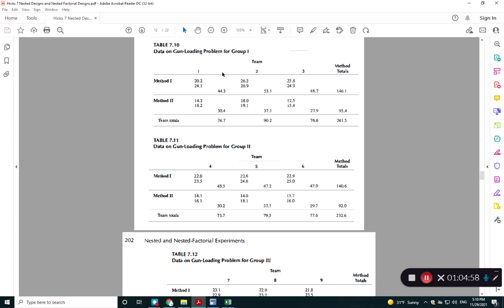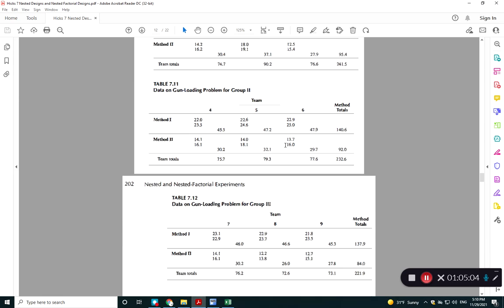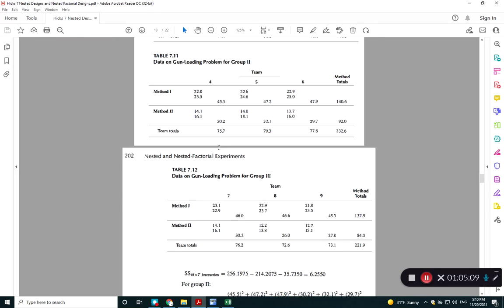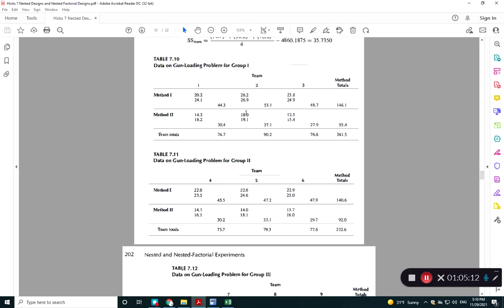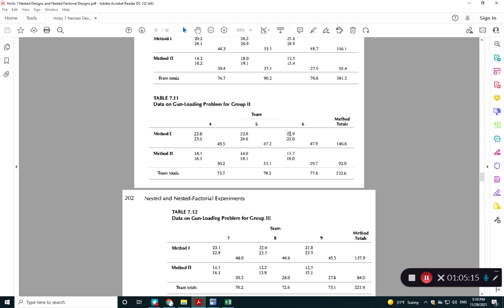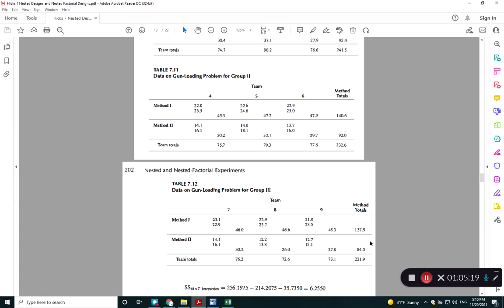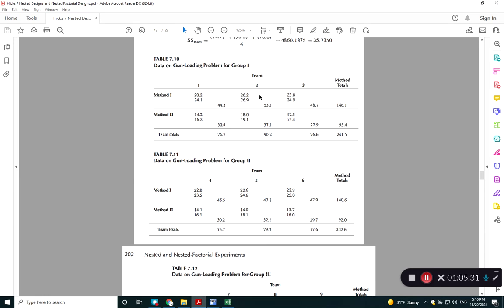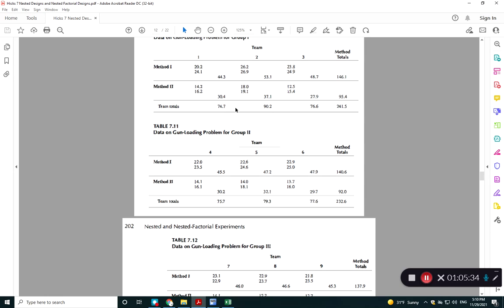And for method 1 and 2, totally 2 observations each. So what we really want to know is, there is a first group of 3 teams, a second group of 3 teams, a third group of 3 teams. Every group has 3 teams, and then 2 methods. So if this is a factorial design, it should be what? There are team effect, method effect, group effect, and then the team-method